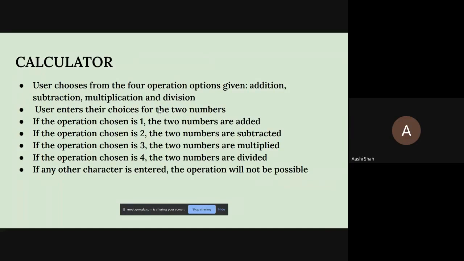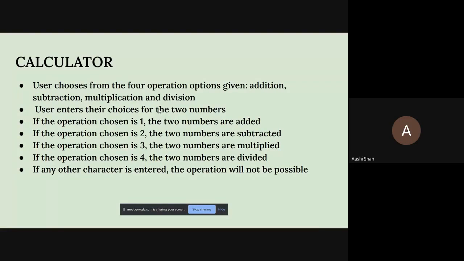If they have chosen operation 1, addition, the two numbers are added. If they've chosen option 2, subtraction, the second number is subtracted from the first. If they've chosen multiplication, the product of the two numbers is given. And if they've chosen division, the first number is divided by the second.